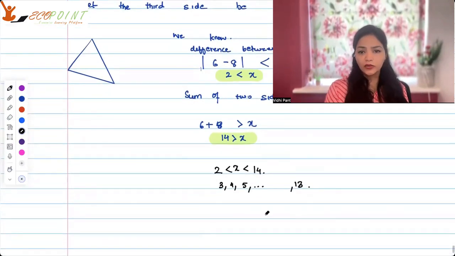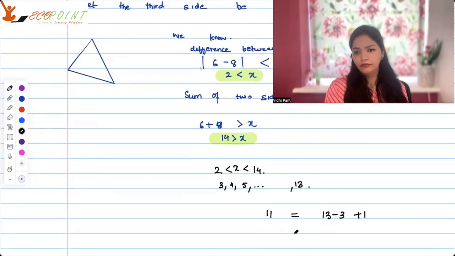In other words, it would be 11. How do I get 11? You have 13 and 3. So 13 minus 3 plus 1. That's going to give you 11. Okay, so 11